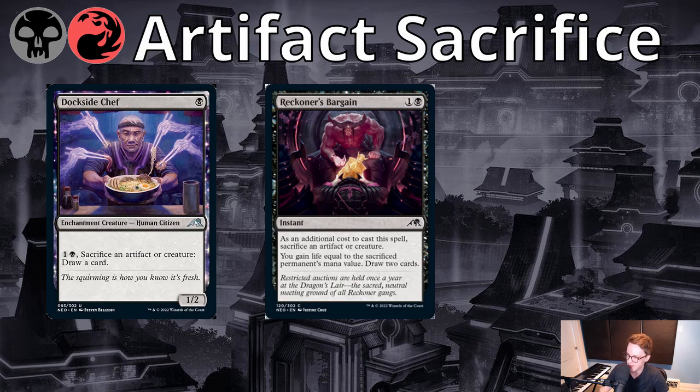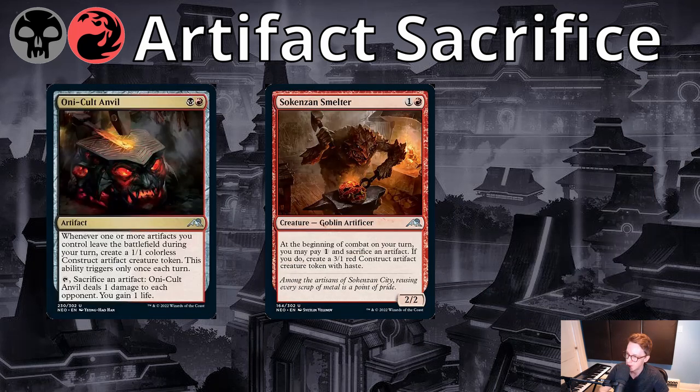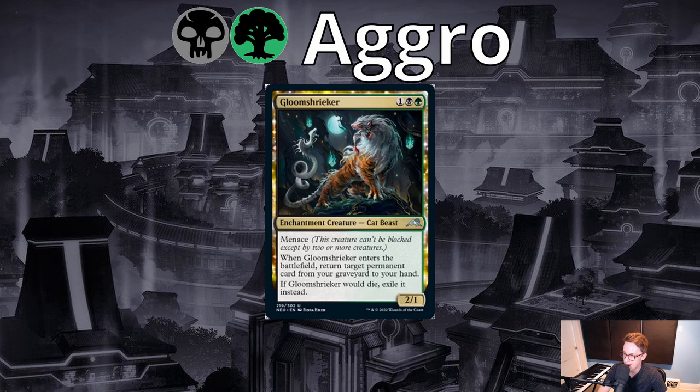A more aggressive game plan would involve cheap artifact creatures like Patchwork Automaton, Simian Sling, and Tawashi Songshaper. The combination of Oni Cult Anvil and Sekenzen Smelter is quite nice. Next is Black-Green Aggro. Signpost uncommon is Gloom Shrieker. Black-green, as usual, doesn't have a